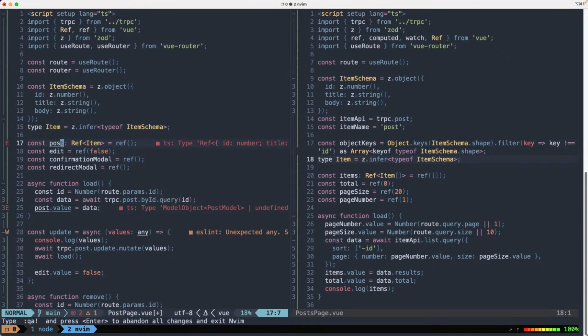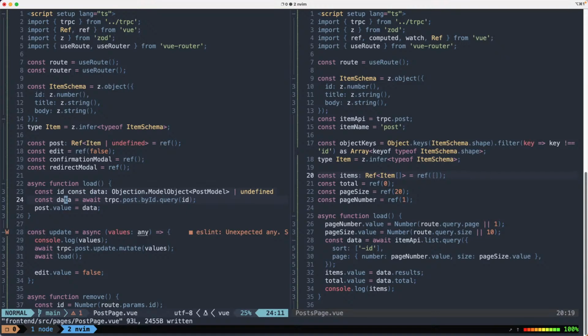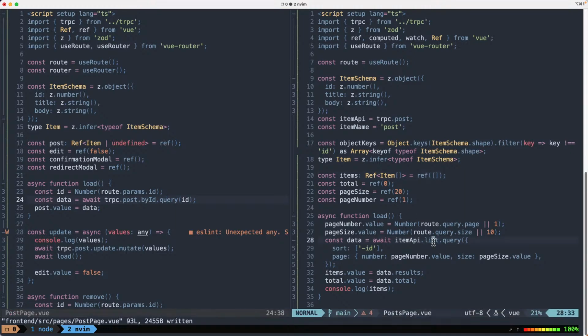So it seems like because I'm not passing in any object to start, I mean, here we had an array, and our empty array is still an array of type item. This does need to be undefined because it might be the case that we don't have that object, which makes sense because data here is undefined or post model when you get the specific one, but list always returns an